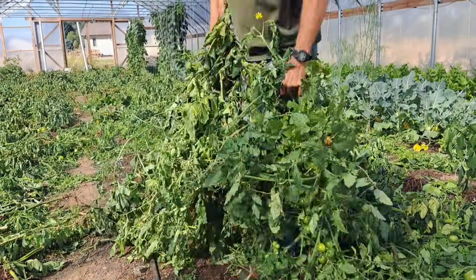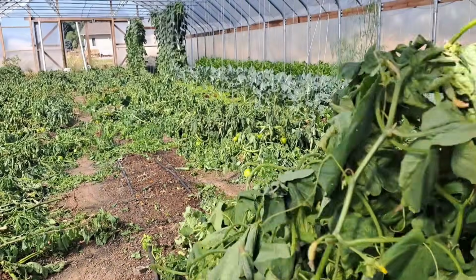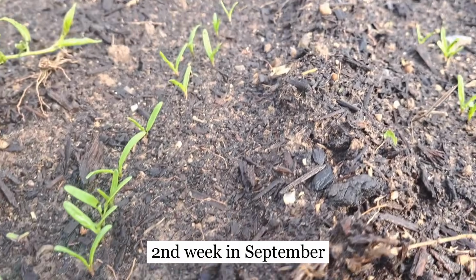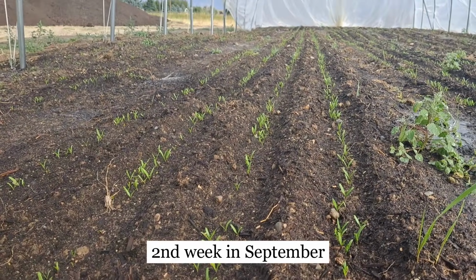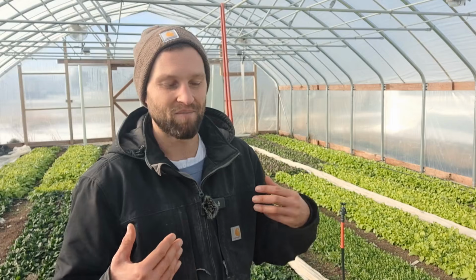So for us, we flip our tomatoes around the first week in October, and then we immediately replant to everything you see behind me. So it's a very well-conducted orchestra of timing. But once you get that rolling and down pat, it's really awesome, and it's my 5th year doing this, and I finally feel like I know what I'm doing, because really there's not a lot of great resources about this